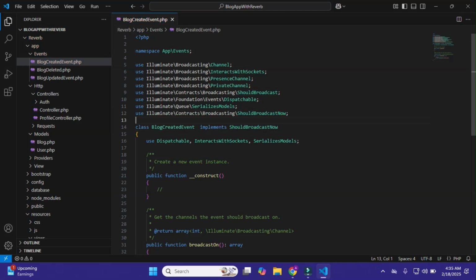We need this, and after it I'll pass here public $blog, and I'll import the Blog model here, use App\Models\Blog. In the constructor I'll pass Blog $blog, and within it I also pass $this->blog = $blog. Okay, like this.